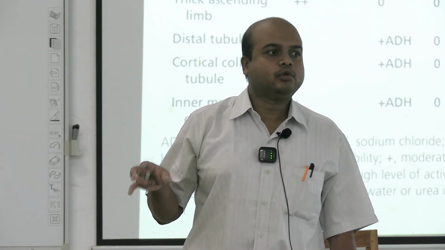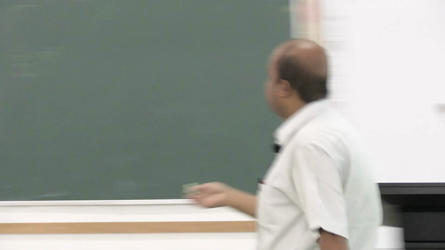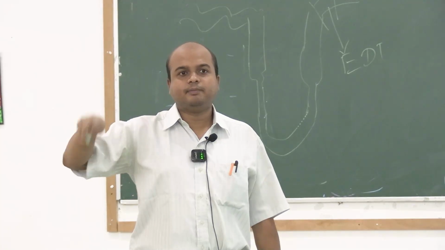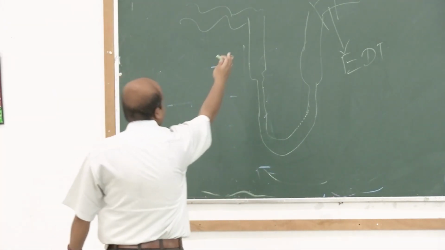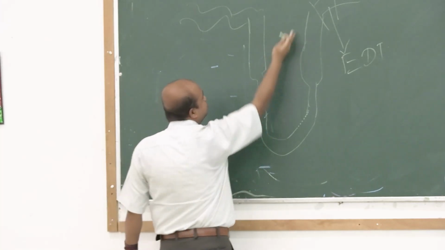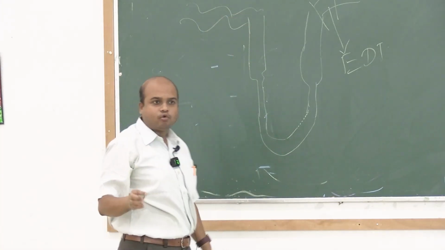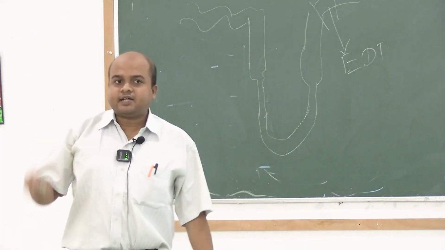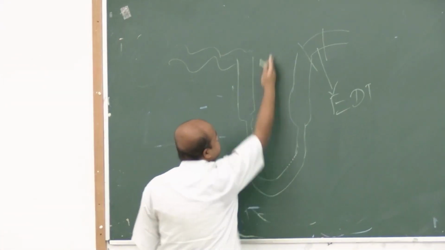In the vicinity of the early distal tubule. Actually, all these images are for the sake of understanding. What happens is that the U-shaped loop goes near the glomerulus. Usually, for clearer depiction, the glomerulus is drawn over here, but actually the glomerulus is over here, and this is turning,